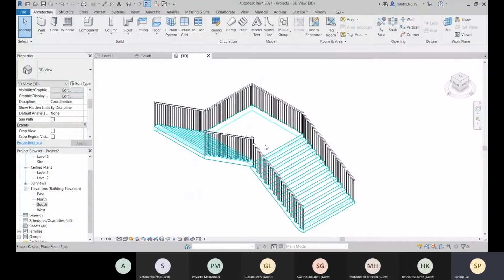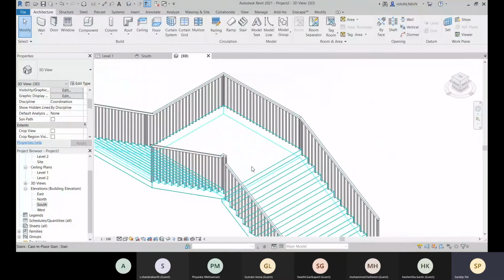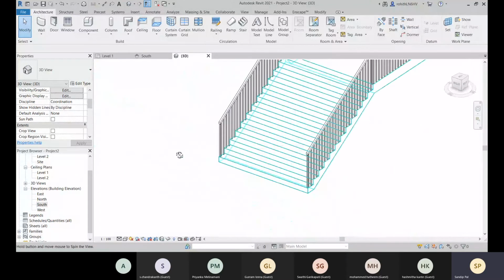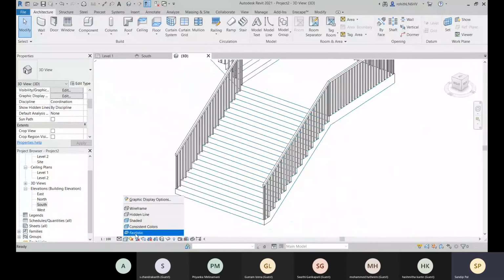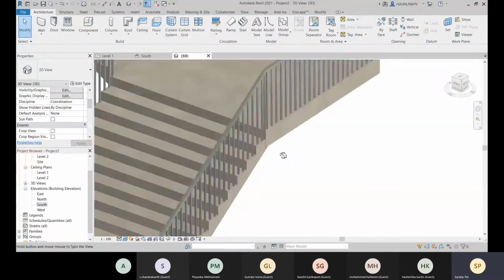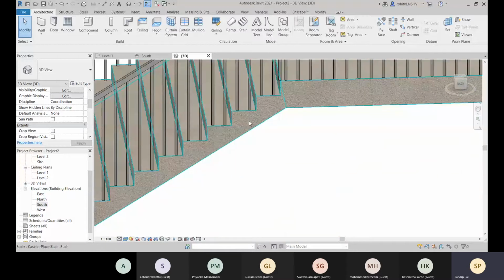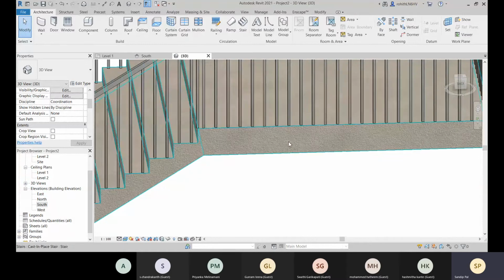Here you can see this is your stair. We change this to realistic. Okay, and this is the type. So this is having the thickness of 150 mm, and this landing is having the thickness of 300 mm.